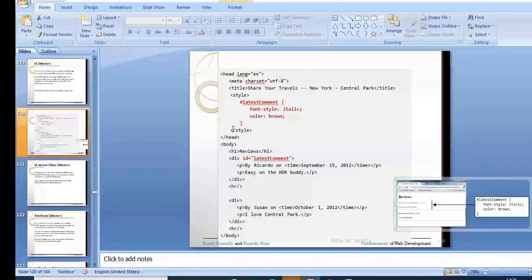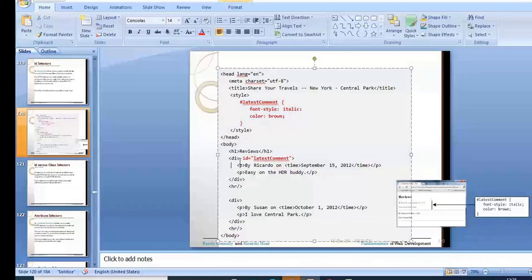So first let me go to the elements. Here I am applying it to a division tag, or division element. I am assigning the ID, which is an attribute, equal to some name. I'm just giving some name, followed by whatever paragraph I want to write.